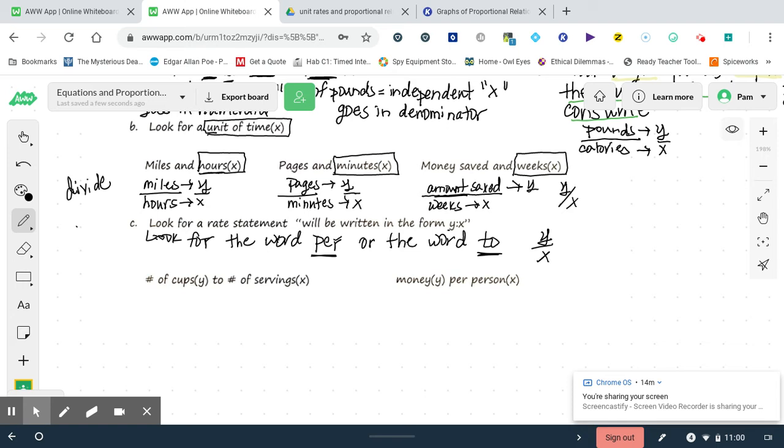So this says the number of cups, and that's the word to, the number of servings. Also, number of cups is like your Y because it's before the word to. Number of servings is like your X because it's after the word to. Okay? So in this rate statement, number of cups to the number of servings, number of cups is Y and the number of servings is related to X. So you would just take the number of cups